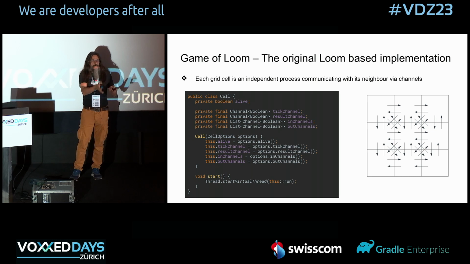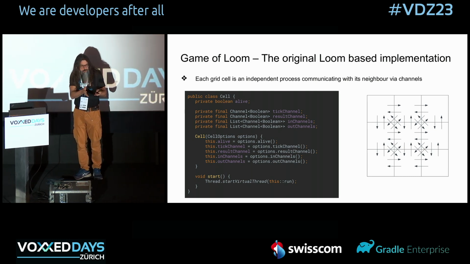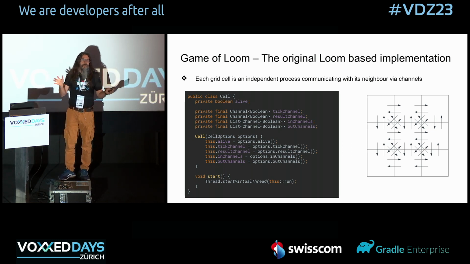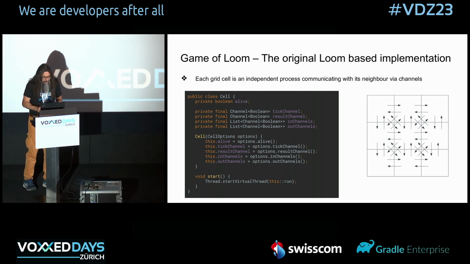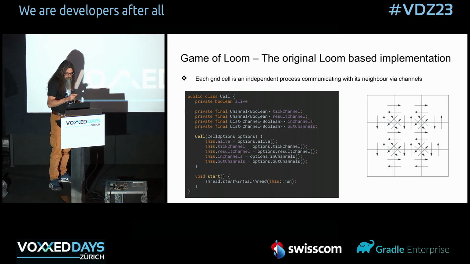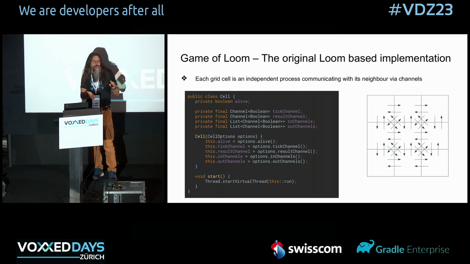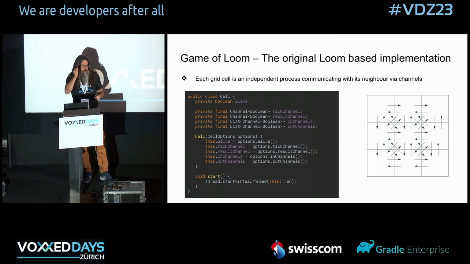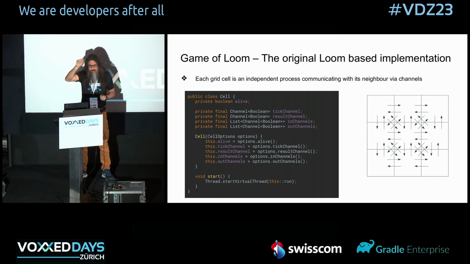Okay, so this leverages the good feature of virtual threads, as I said, to be nice while waiting. So how is the cell made? A cell is mostly a collection of channels. There is a list of channels through which the cell talks to the neighbors to say its own state, and